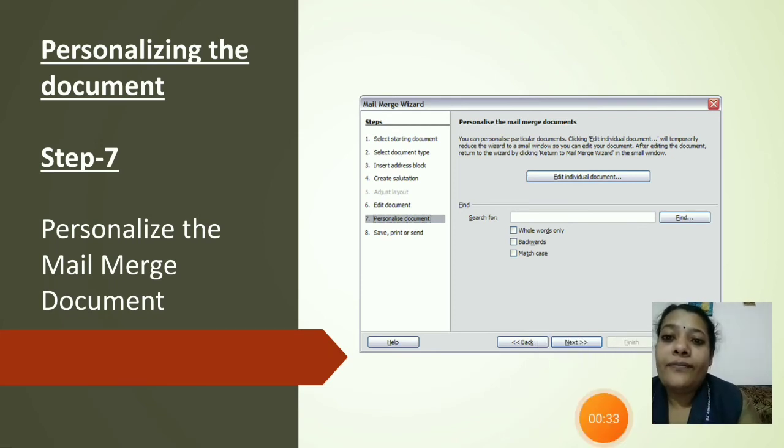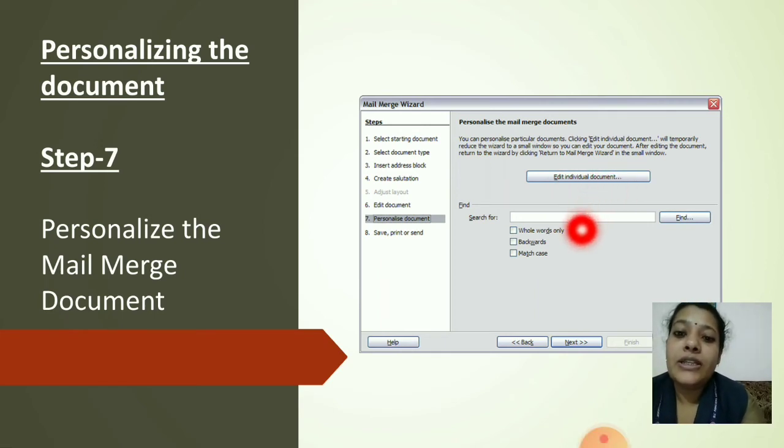Here there is a button, edit individual document. When you click on edit individual document, it will again take you into the document part, that is the content or message. In that message you can easily edit the content.